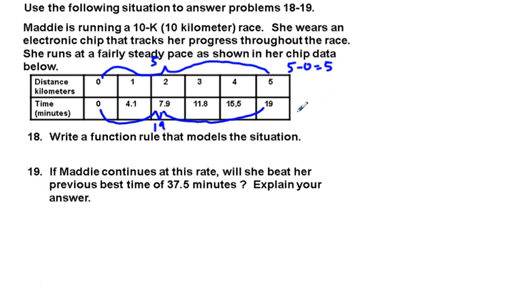So write a function rule that models the situation. We're going to look for our slope first. So our m is going to be our distance covered divided by